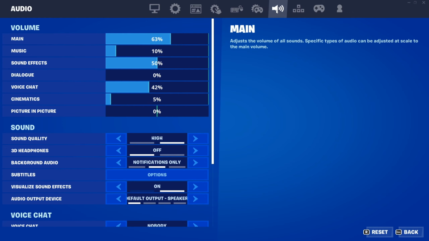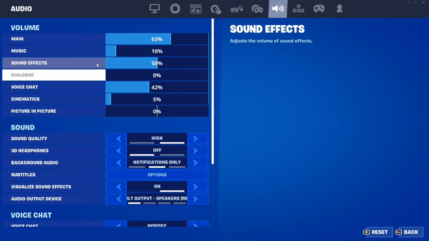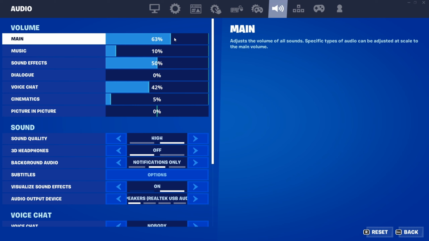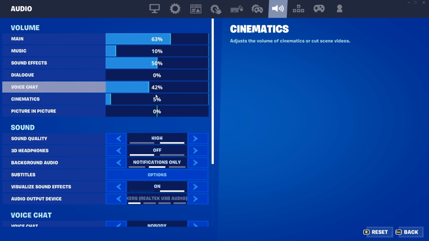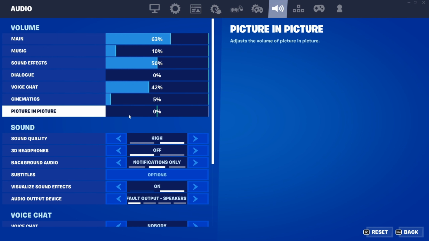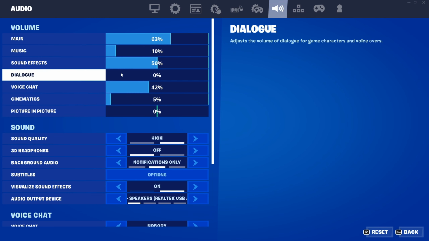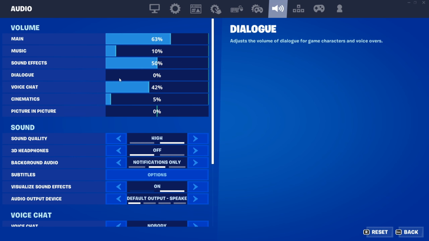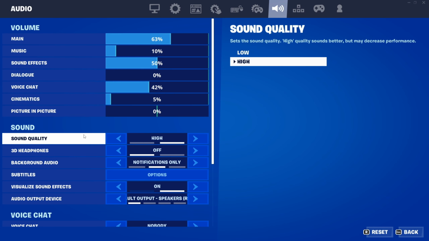Now onto audio. For audio, I honestly would not copy any of these settings because this is personal to my headset. You guys can copy these settings if you want, but these are personal to me. I have the picture-in-picture set at 0 because I don't want to be hearing anything playing in-game while I'm in fights, and dialogue also at 0%. So I would definitely copy those two settings, but everything else you guys can just leave or change to however